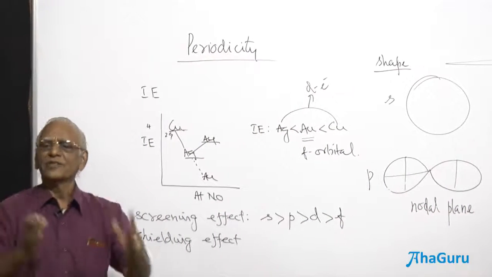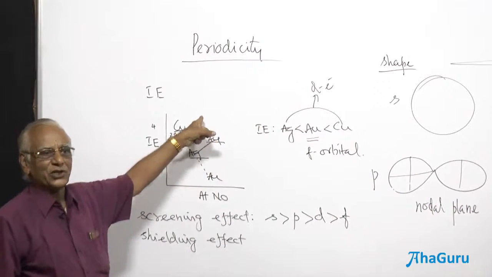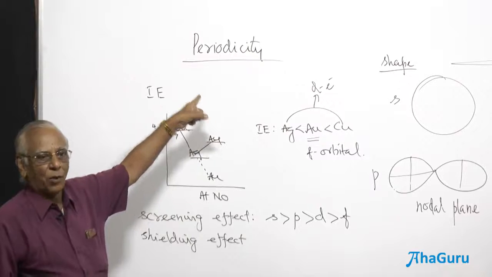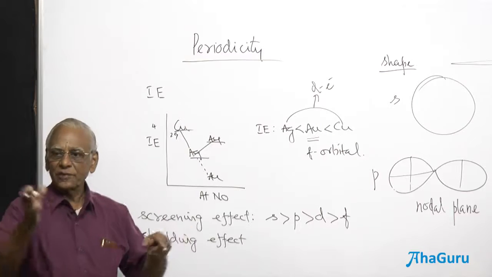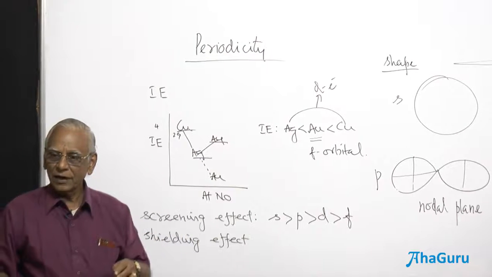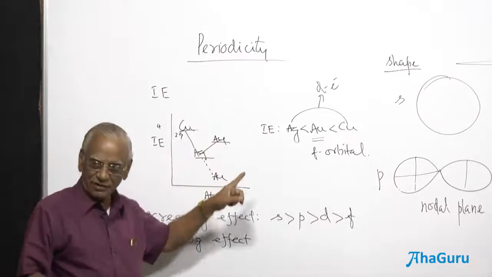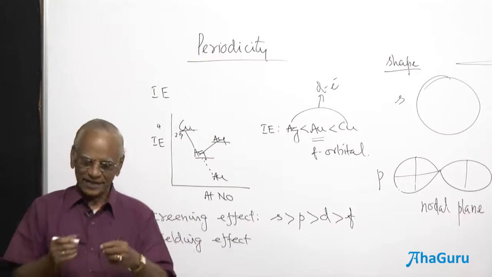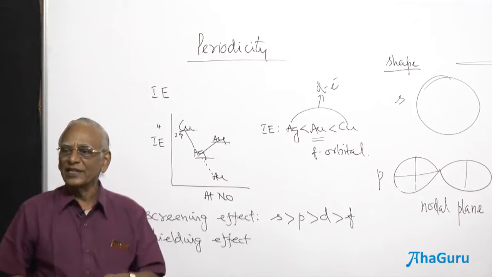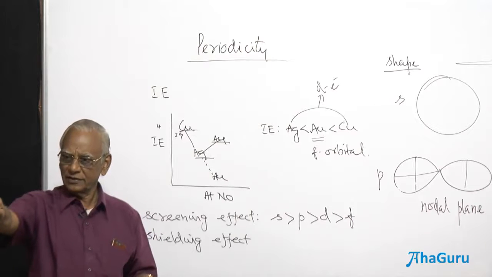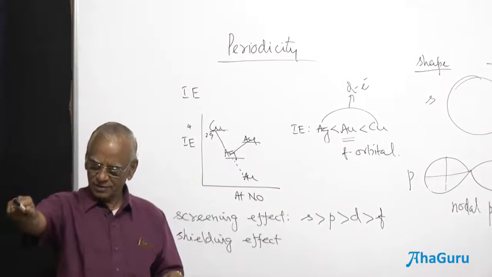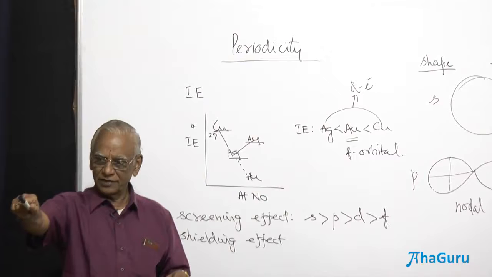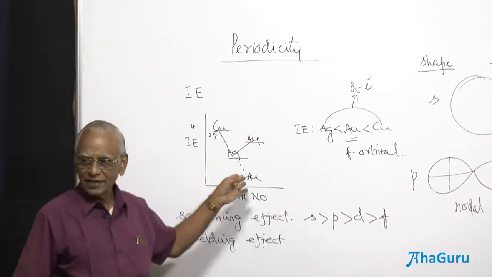It takes so much time to explain, but definitely in questions, you can answer this. What is going to be the order, or which is going to be true or false? Okay? And what is the assertion and reasoning? Now tell me, let me frame an assertion and reasoning. The ionization enthalpy of gold is greater than that of silver. Is my statement true? Greater than that of silver. Yeah, obviously. The answer is there on the board.